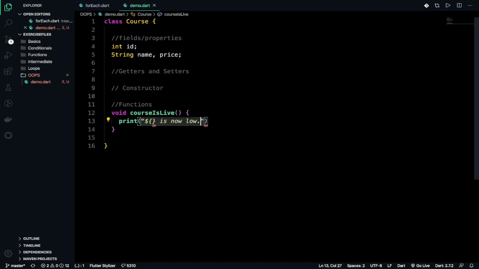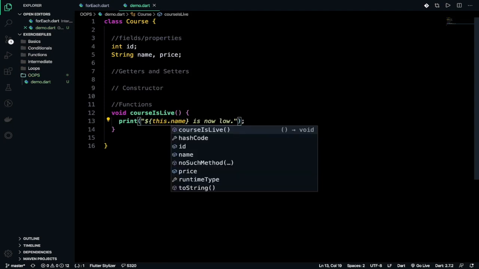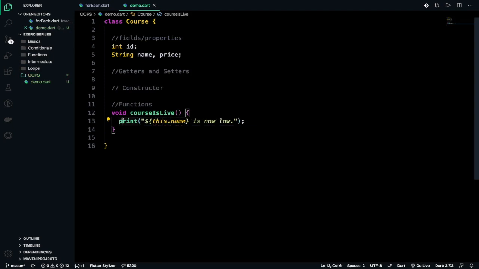Surely you can give the variable name, but as we're using a class and we have to print the name of the course, we have to write this.name, and the this keyword refers to the fact that we are using the variable of that class. That's why we are using this. And we can print it: "Sorry, it's live." So that's why we are using the this keyword.